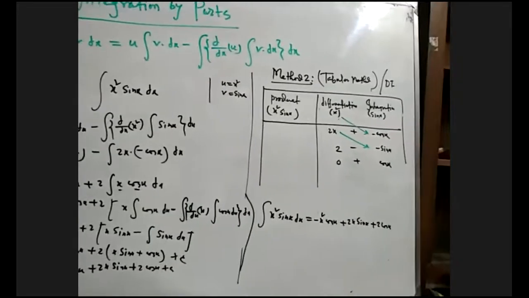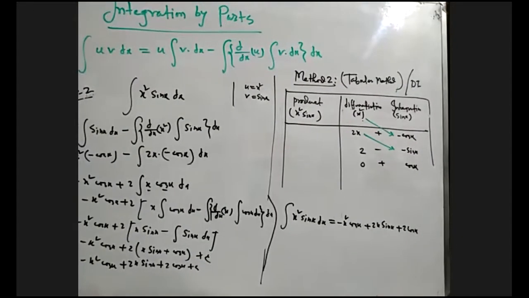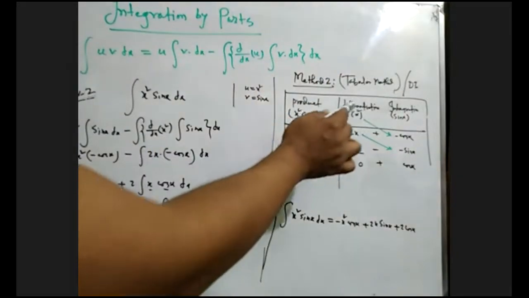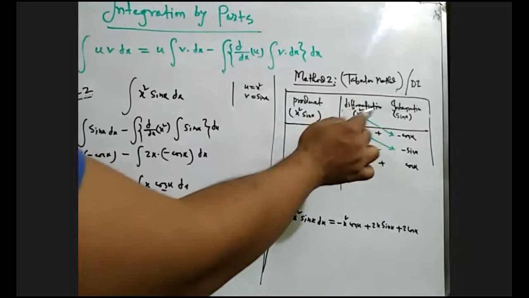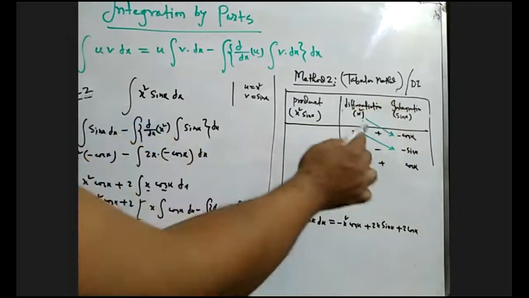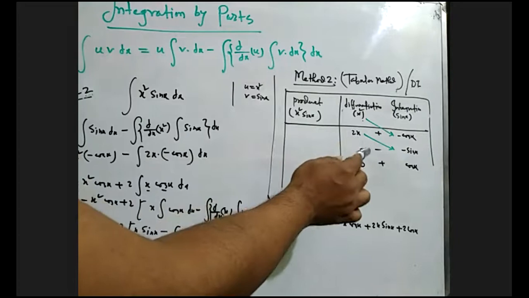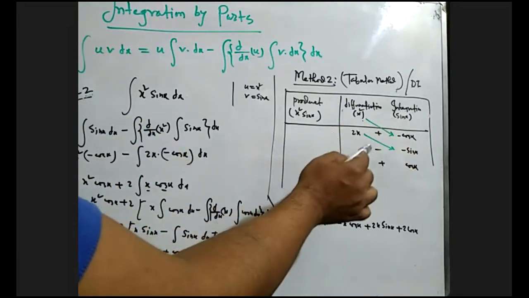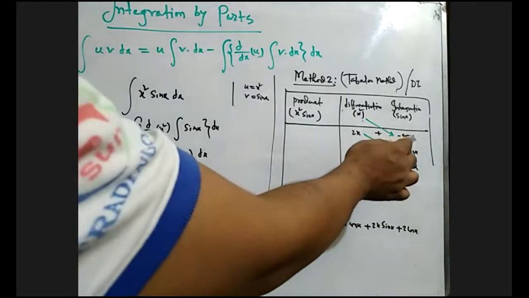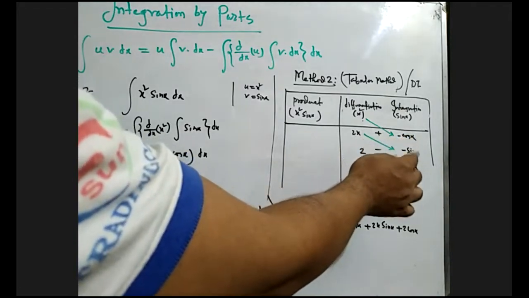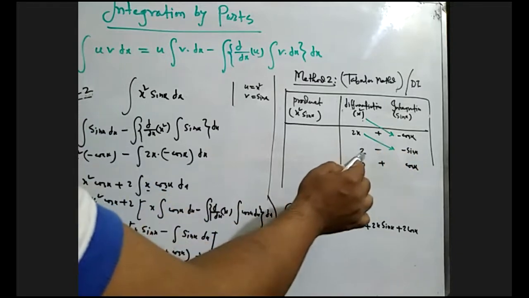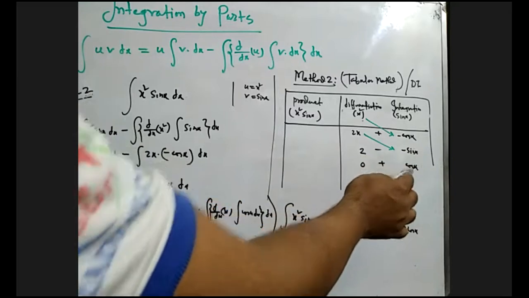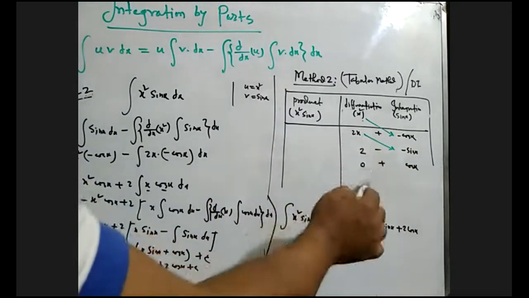and we can use another method which is called tabular method, or DI method. Product of what? X square sin x. So u, that means differentiation of x square and integration of sin x column. First column, differentiation of x square what? Twice x, and 2x, and integration of sin x what? Minus cos x. Again 2x differentiation what? 2, and minus cos x integration what? Minus sin x. Okay, now differentiation of 2 what? 0. Then minus sin x integration what? Cos x. Now we have to stop because there is no differentiation.